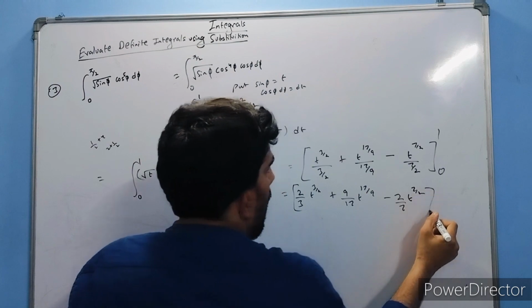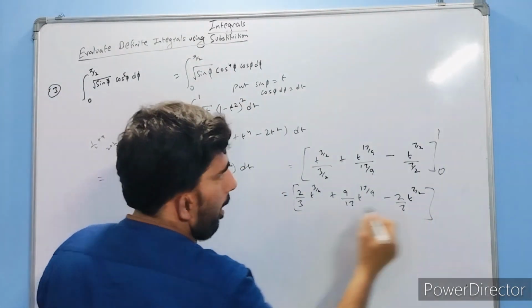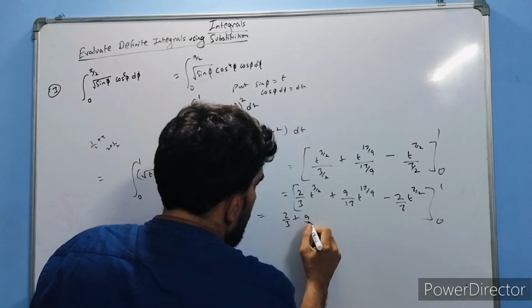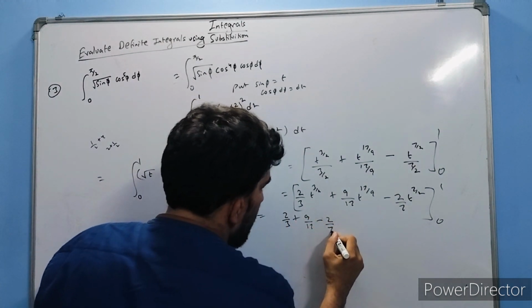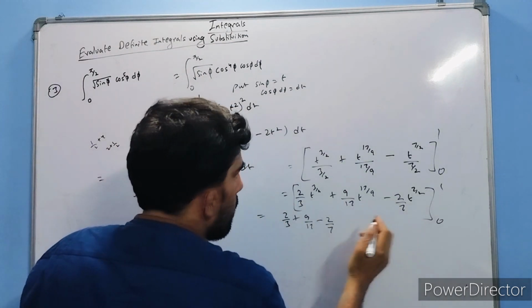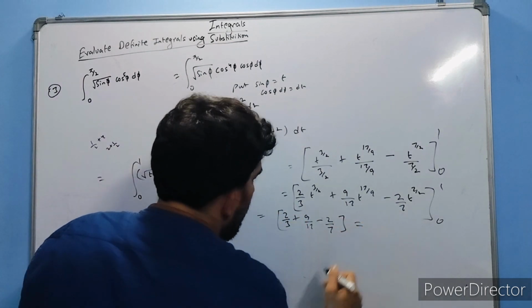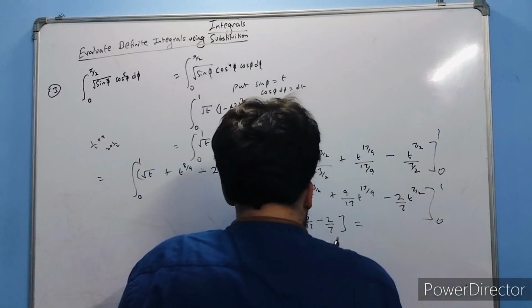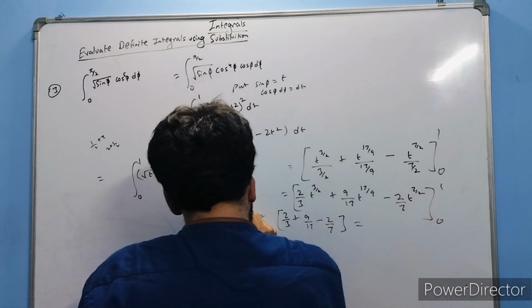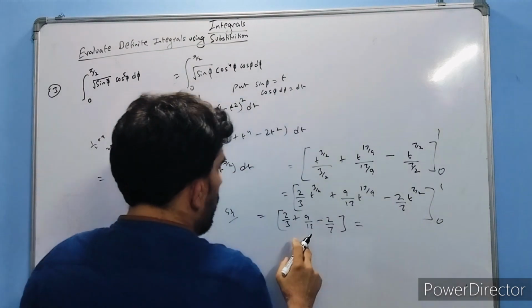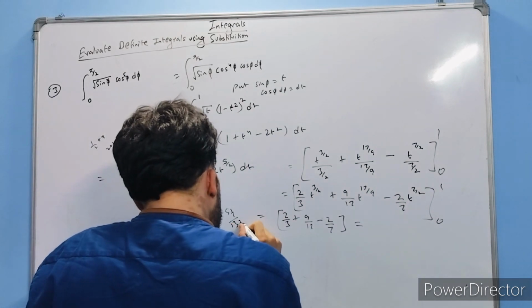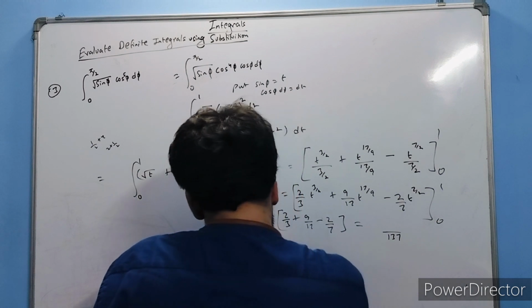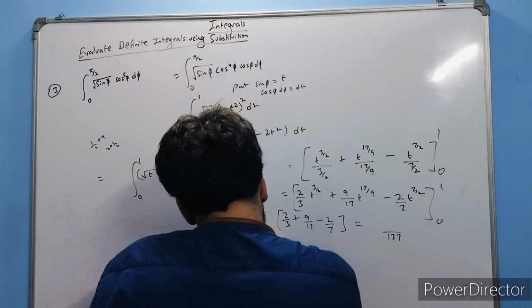Okay. So now I can put the value here and we'll try to find the answer, that is 2 by 3 plus 9 upon 17 minus 2 upon 7. Okay, because 0 will be 0 here. So now I will get my answer. If I try to solve, 17 into 3 is 51, 51 into 7. Okay, because all three are odd numbers, so we can do 35, 137 here. So I got here 137. If I divide by 3, left with,